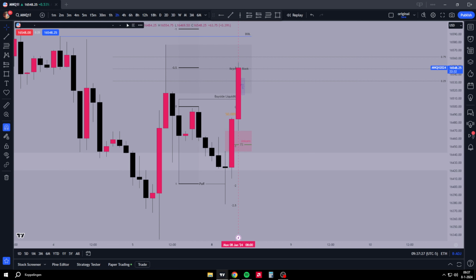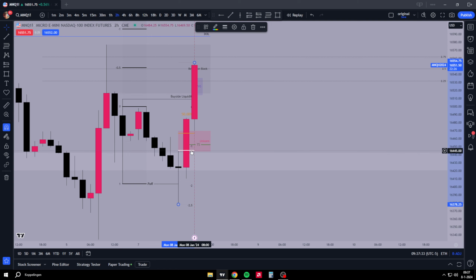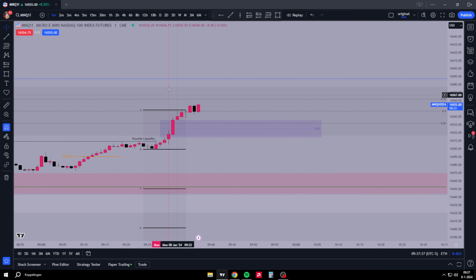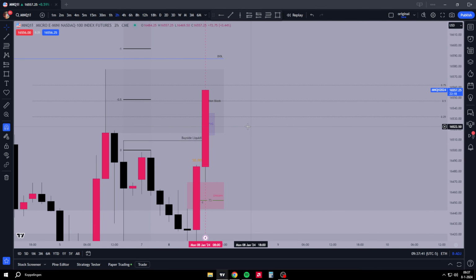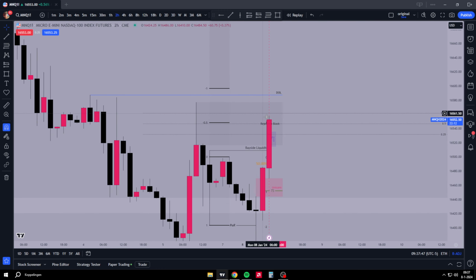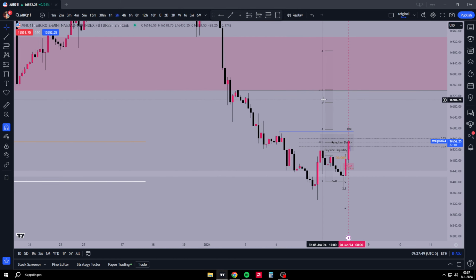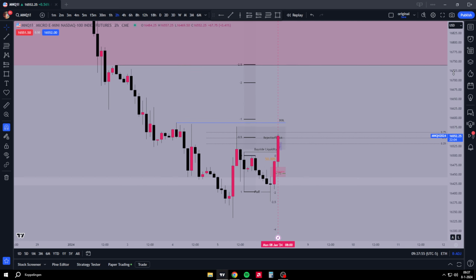Let's just mark it out like that. And then from this to this, optimal trade entry, somewhere in between that unicorn. Yeah, let's just see what we do with the consequent encroachment. Maybe we even take the high right away, draw liquidity right away, and then all day after that, that's just retracement. There's no further going here, I would say. If we do take this here, then there's no trades until